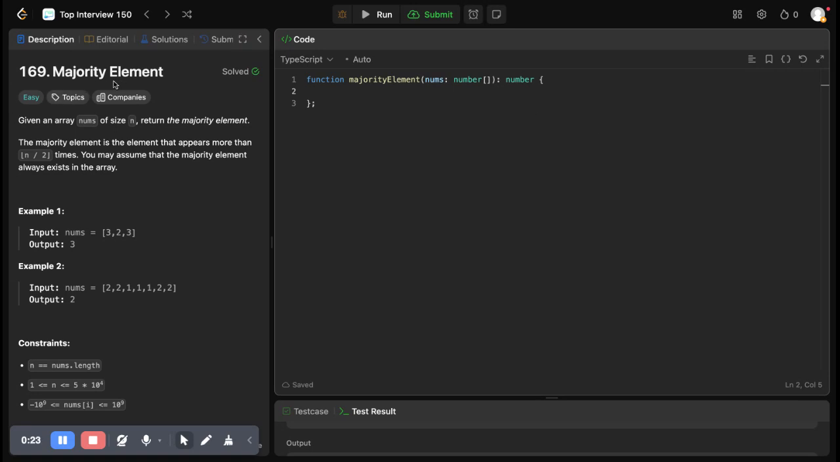The majority element is one of the easy questions on LeetCode, and it's in the Top Interview 150, right? It says, given an array nums of size n, return the majority element. The majority element is the element that appears more than n divided by 2 times. So if the array size is 3, n divided by 2 is 1.5, so this 3 is the majority element, right? And then they are expecting us to assume that the majority element is always present in the